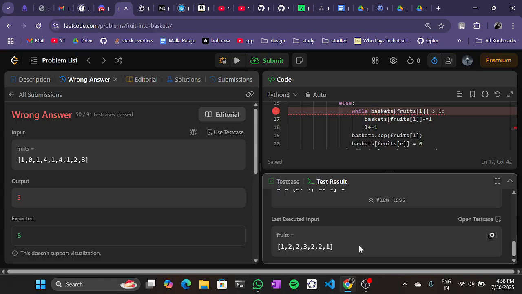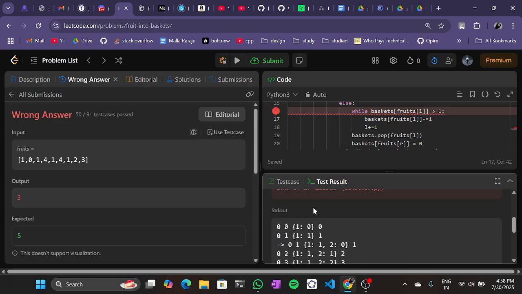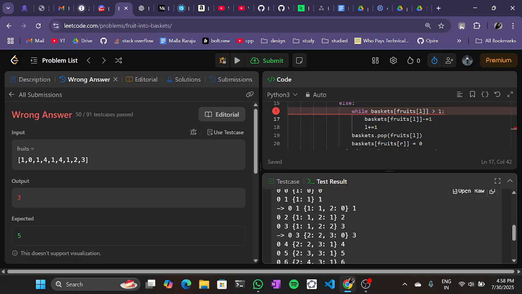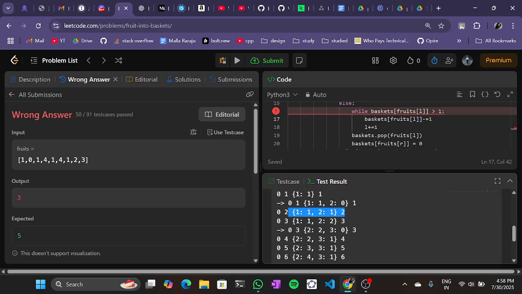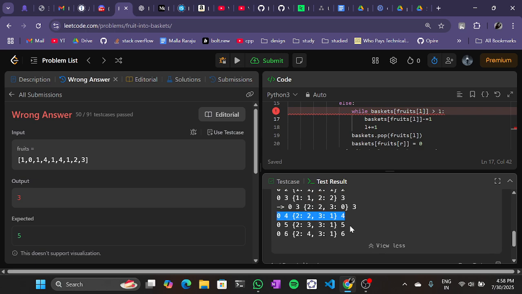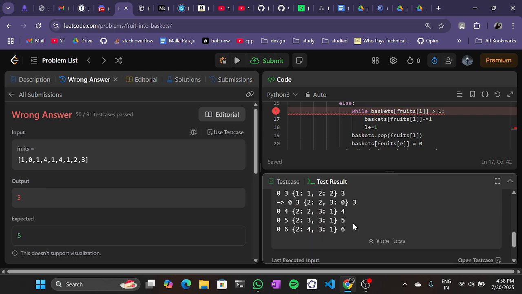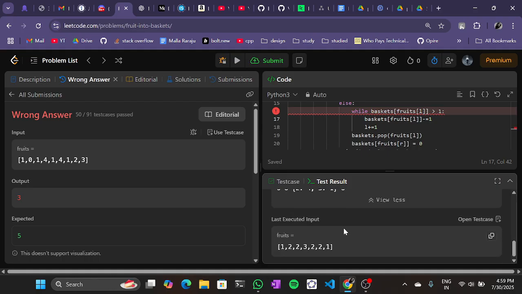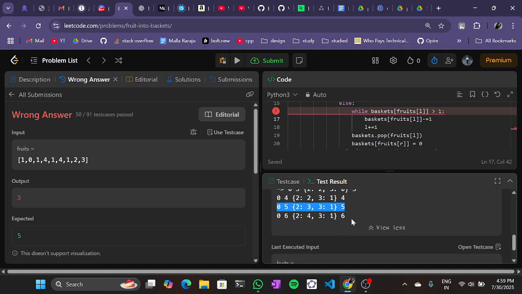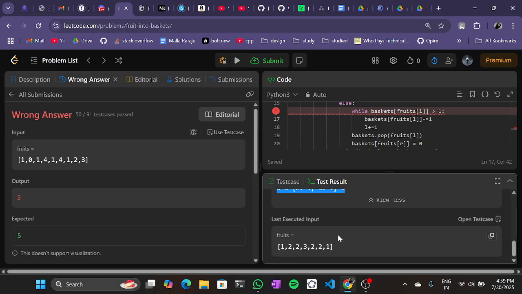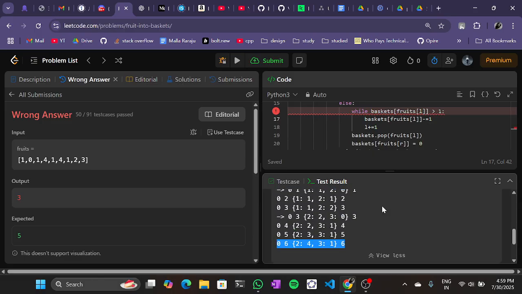Let's see. 1 double 2 3 double 2 1, right? So initially 1 will be 1 and 2 will be 1. 2 is not 2. So 1 1 2 2, right? Now we remove 1 and now 2 2s 1 3, 3 2s 1 3, fine. 4 2s 1 3 is also fine. And